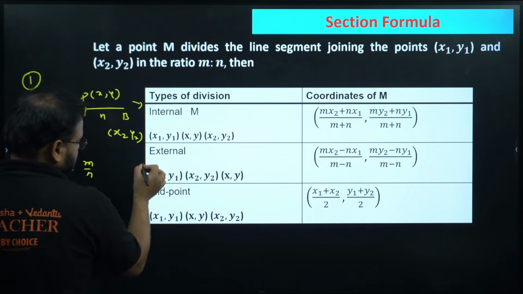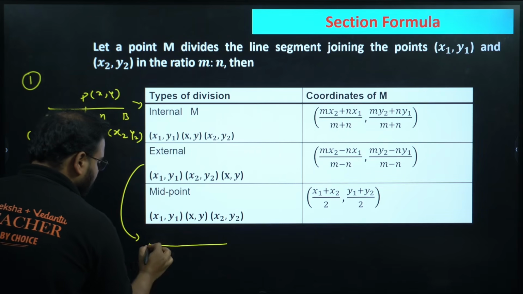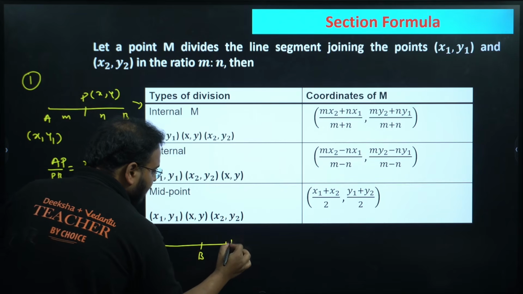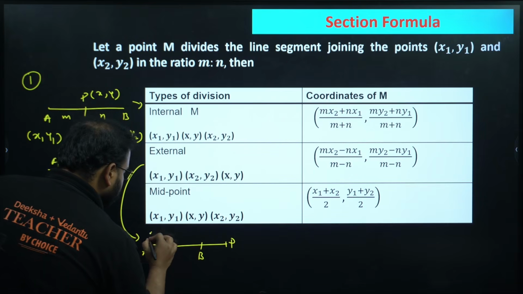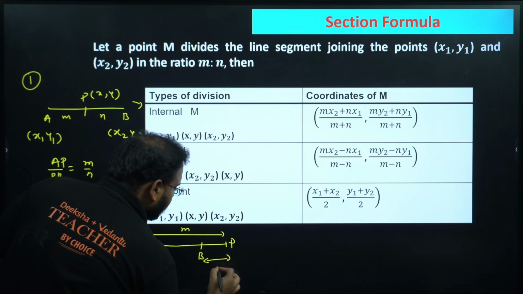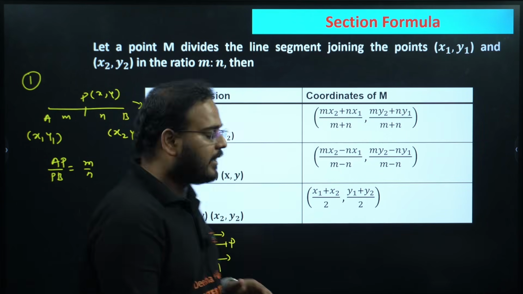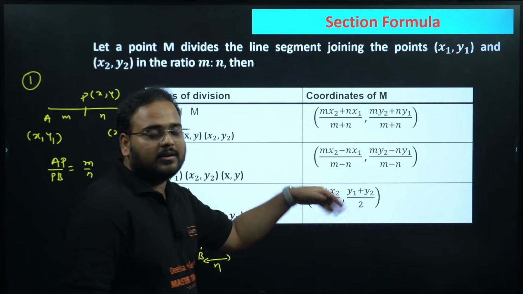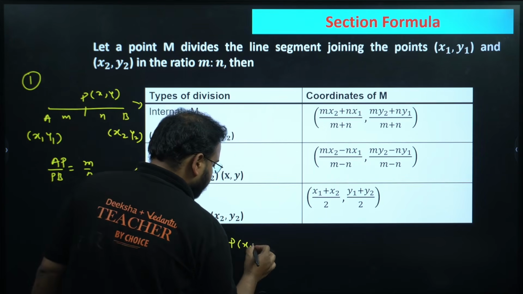When you talk about the external case, what happens? In this case, the point lies outside the line AB. So this is my line AB, then the point P will lie outside the line AB. This is called external section. In this case, AP will be like this, and PB will be over here like this, so the point P is outside the line AB. Again the same ratio, AP to PB is m by n. And how do you find the coordinate of the point P, which is x comma y,